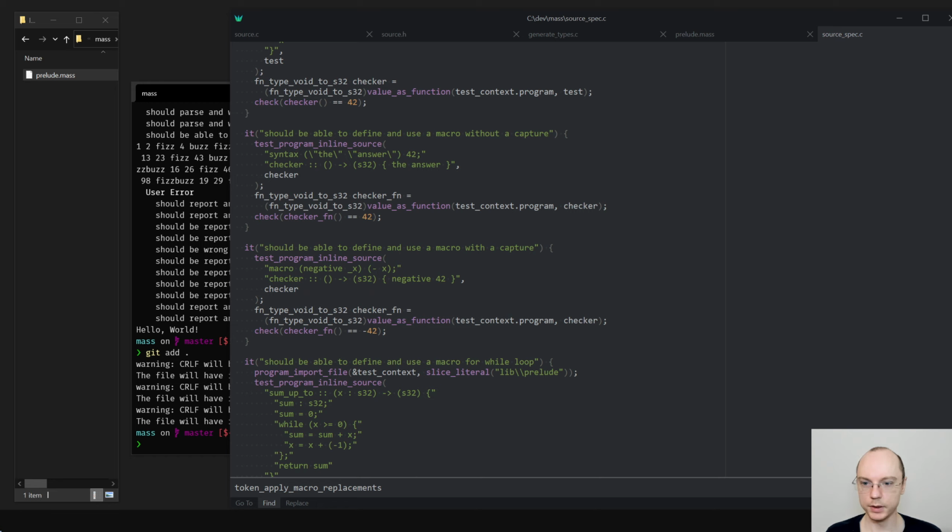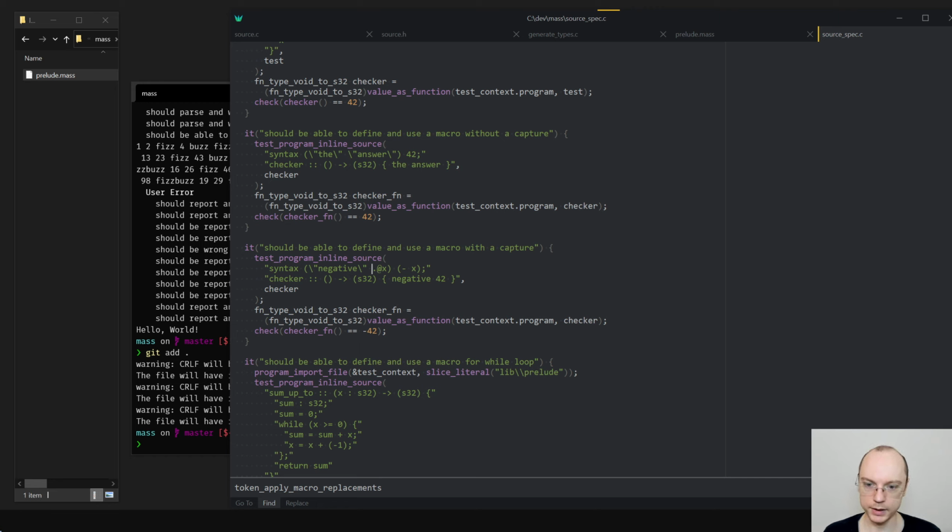Source spec, so syntax, negative x. And I think I will do something like dot at x.